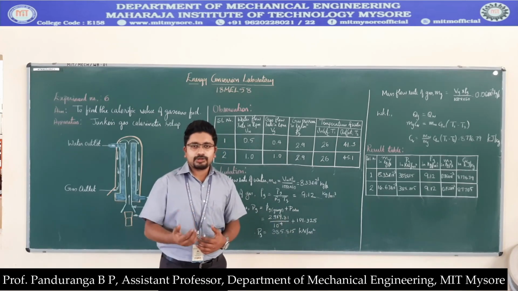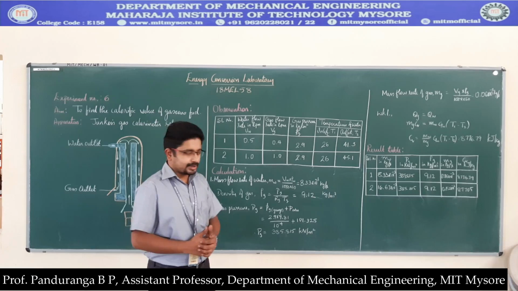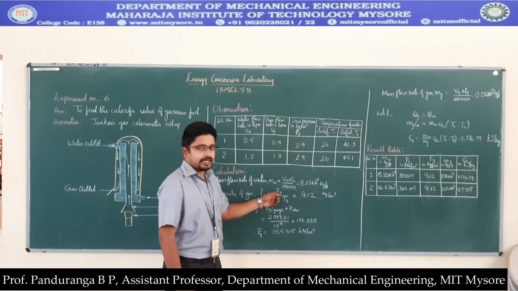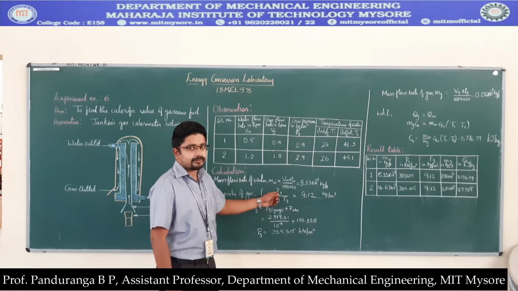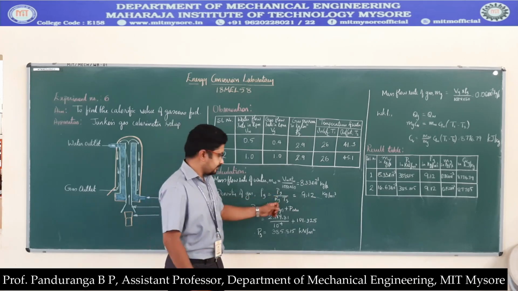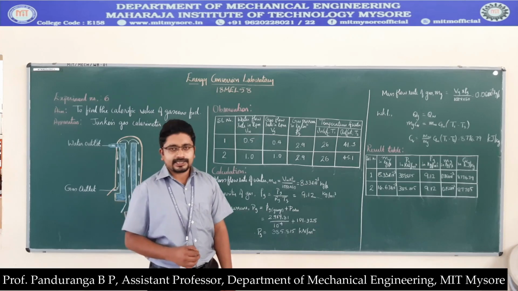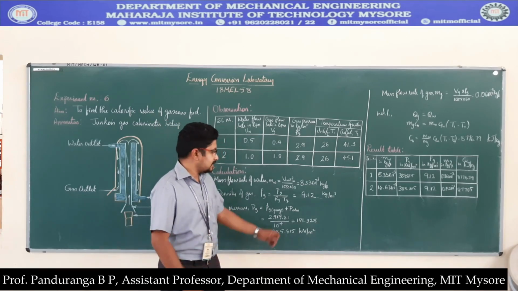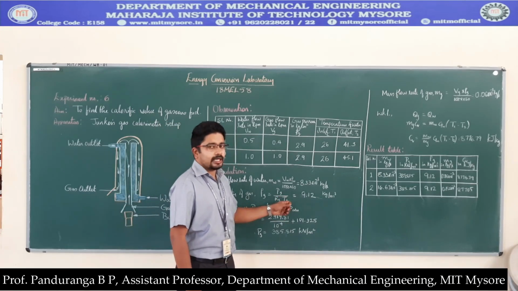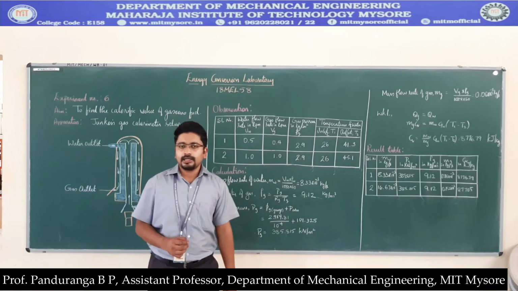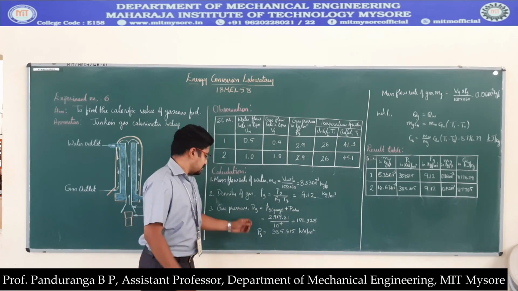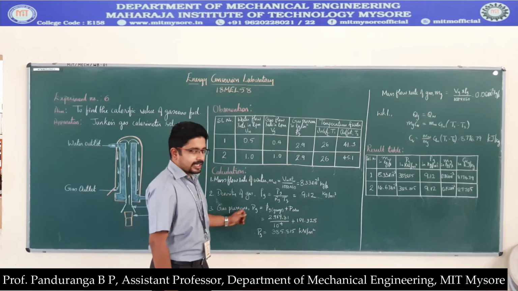So we need to add the atmospheric pressure to get the absolute pressure. So Pg should be in newtons per meter square, and that should be absolute pressure. Rg is 0.14 kilojoule per kg Kelvin for LPG, and then Tg, again the temperature of the gas, should be in Kelvin. Okay, so first let us find out the gas pressure.